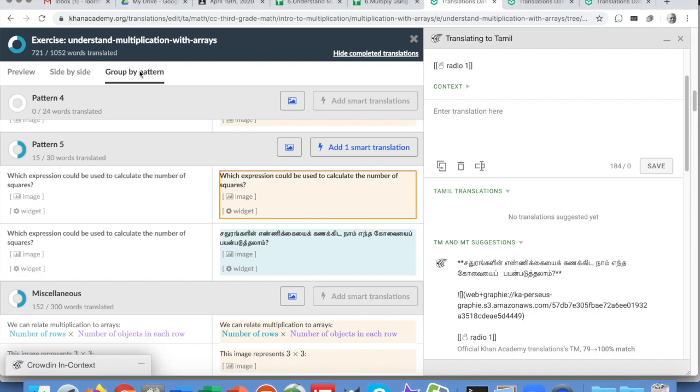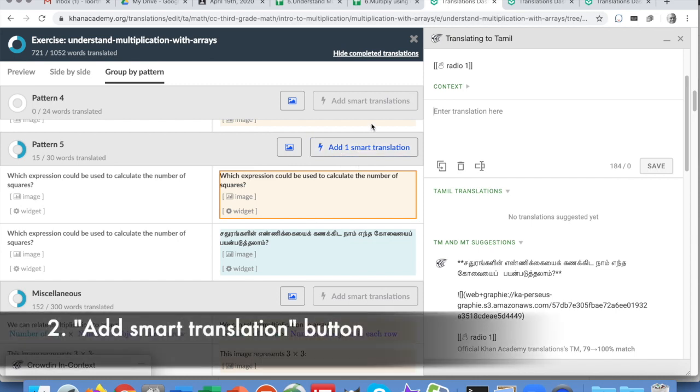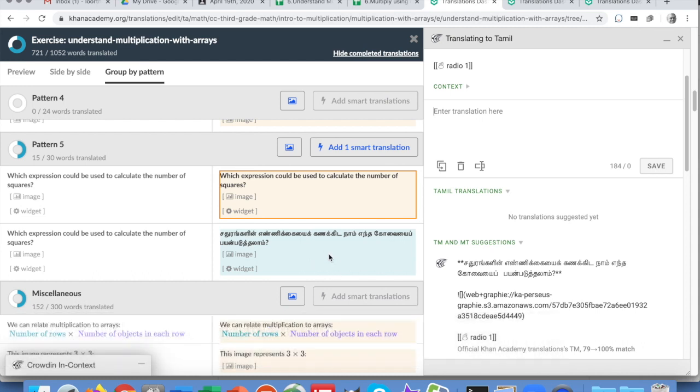But also, the Group by Pattern tab has this helpful button right here, Add Smart Translations. What this does is it takes your first translation, the one that you input in manually, and it remembers that. And it applies to all of the similar questions where the only thing different is the numbers. Once it recognizes that pattern, it saves a lot of time for you, the inputter, so you can move on